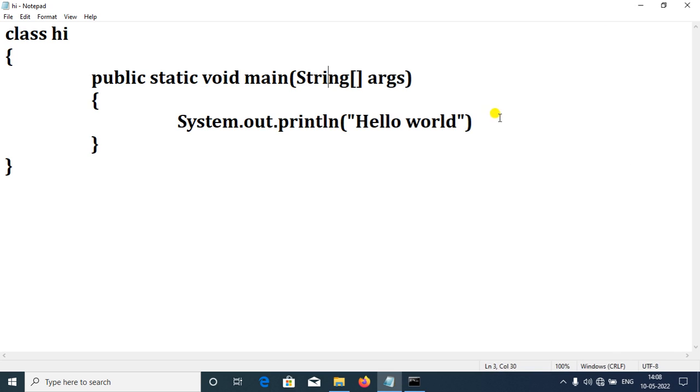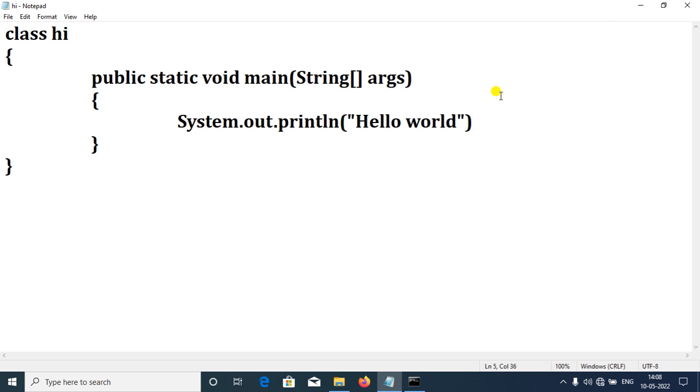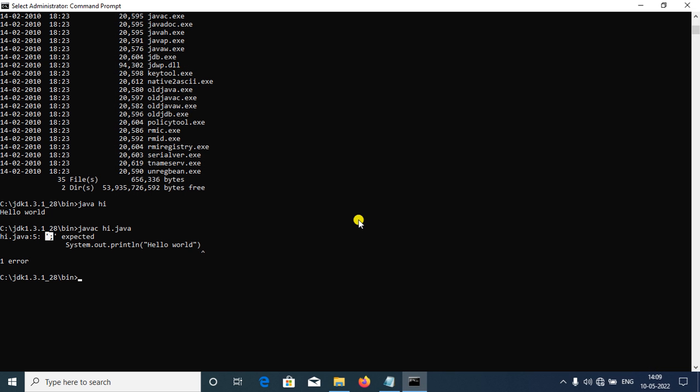Here I have not given any semicolon, so the program will give an error. Let's compile, so that I can tell you how it will show the error. javac hi.java. See here, it shows an error about the semicolon. Now I have put the semicolon, and I will compile again, but it will still give an error.